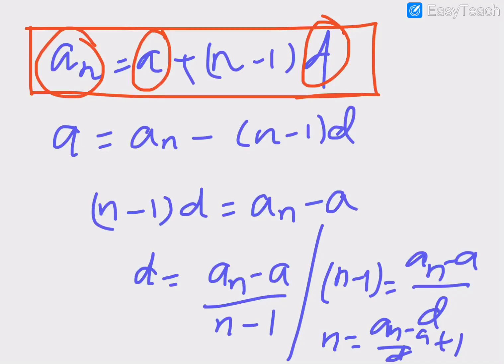Similarly, in case you need to find the value of d after getting all these three values, first you will send the value a to the other side, that is an minus a, then n minus 1, which is multiplying on this side, transfers to the other side and divides. Sometimes if they ask you for n, we will send the d and minus 1 also to the other side. Though it looks a little bit complicated, this is just the procedure. When you are doing it, you find it very easy.